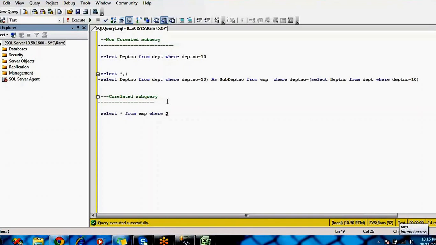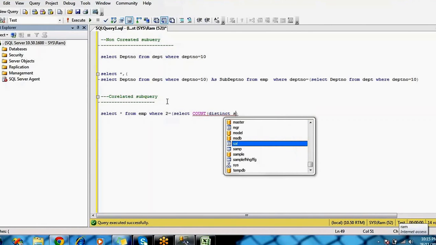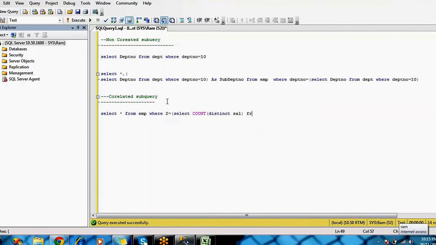So second equal to, and I'm going to write the subquery: select count distinct salary from EMP table as E2 where E2 dot salary greater than or equal to E1 dot salary.